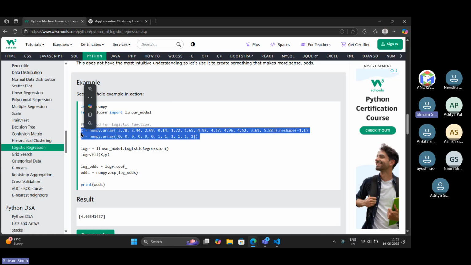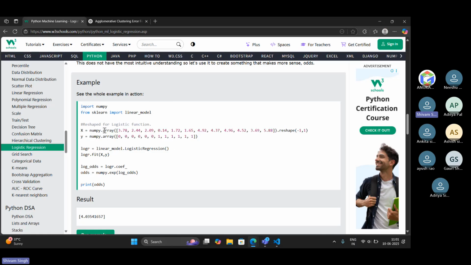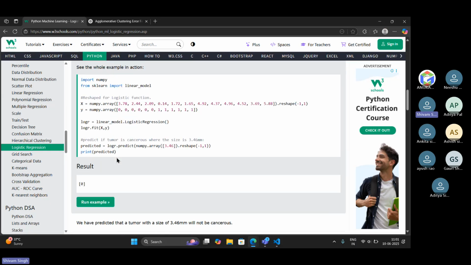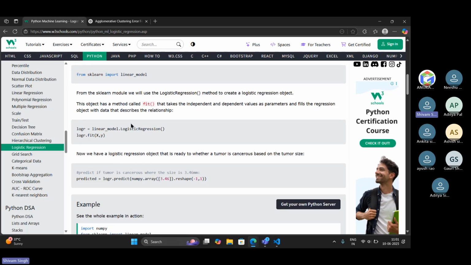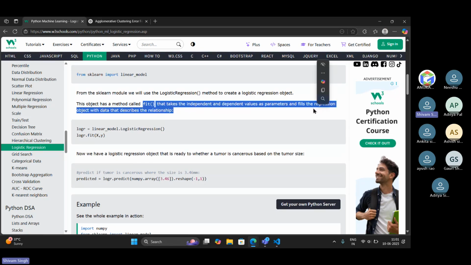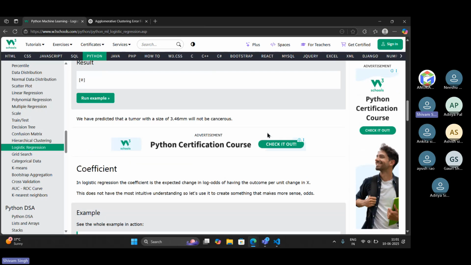So here in X we have written the independent dataset, and in Y we have written the dependent dataset. Using the logistic regression method and the fit method, we take the independent and dependent values as parameters and fill the regression object.